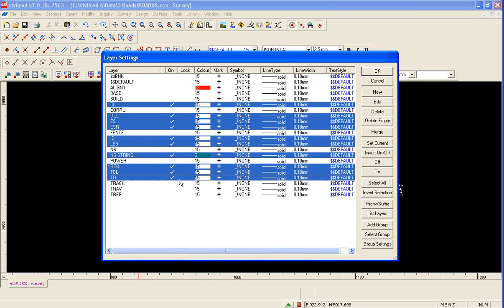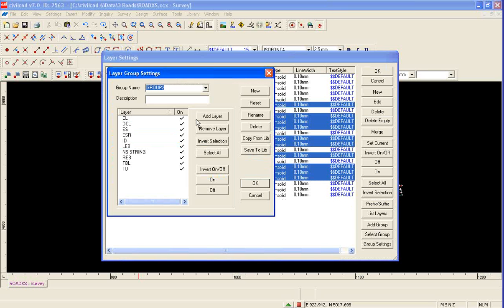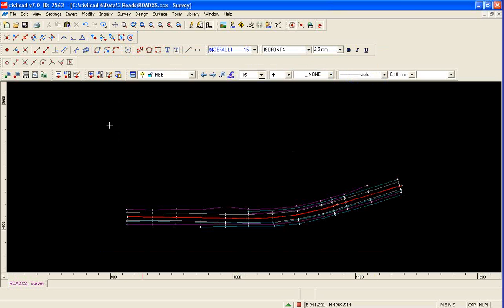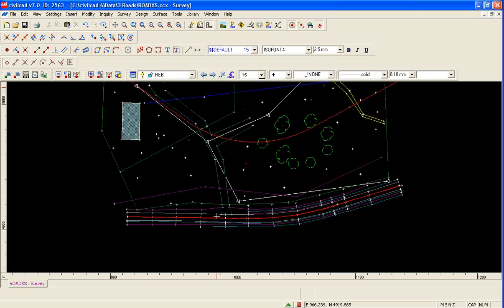make those one group. Okay, so by using the control key we can select all of those layers and say add group, we'll call it road. You can see this is the list of layers and we can now say OK. Alright, so now if we turn all layers back on